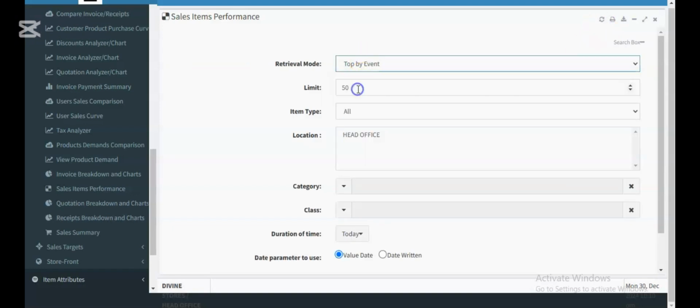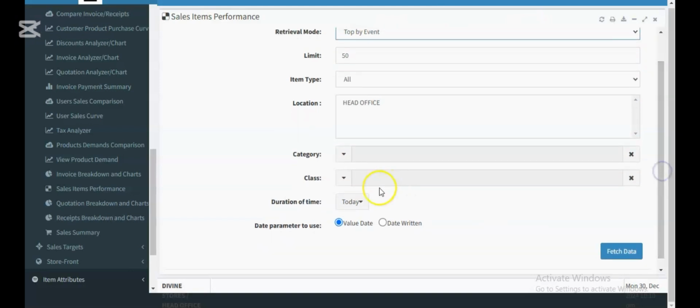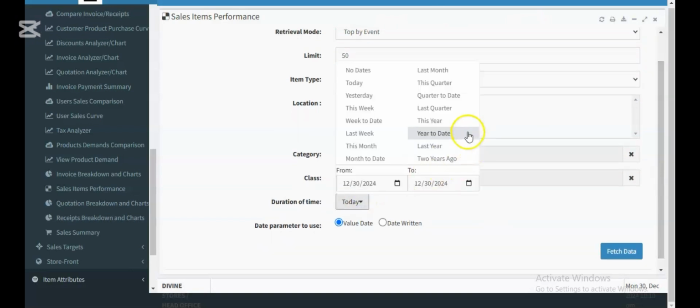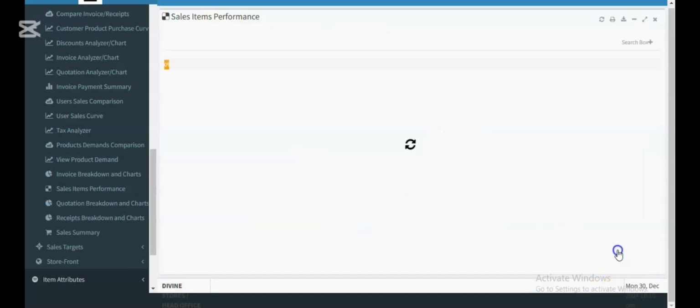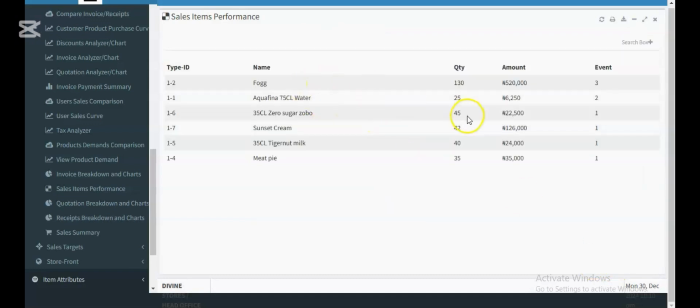I can tell the system to show me the number of times an order was placed on that item, because somebody can place one order and buy much quantity. So I want to know the number of times an order was placed on the item. This still beats them. Then this one that was the least in both quantity and amount becomes the second one. Sure you get. So with this you will understand how your items are,